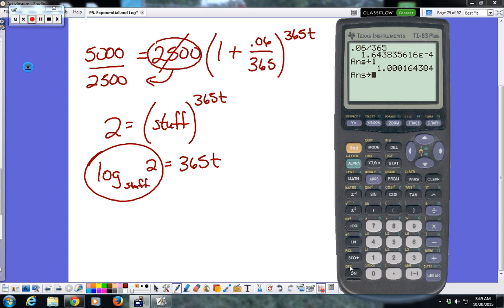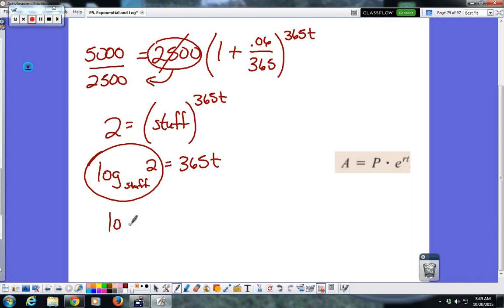If you hit STO, that takes this answer and it stores it into wherever you want to. You can do alpha, we'll do alpha A, hit enter. So now every time I want to use that number, it's in A. So what I've got to do, I've got log base stuff, or in this case it's A now. I've got log of 2, that's how you type it in, divided by log of stuff